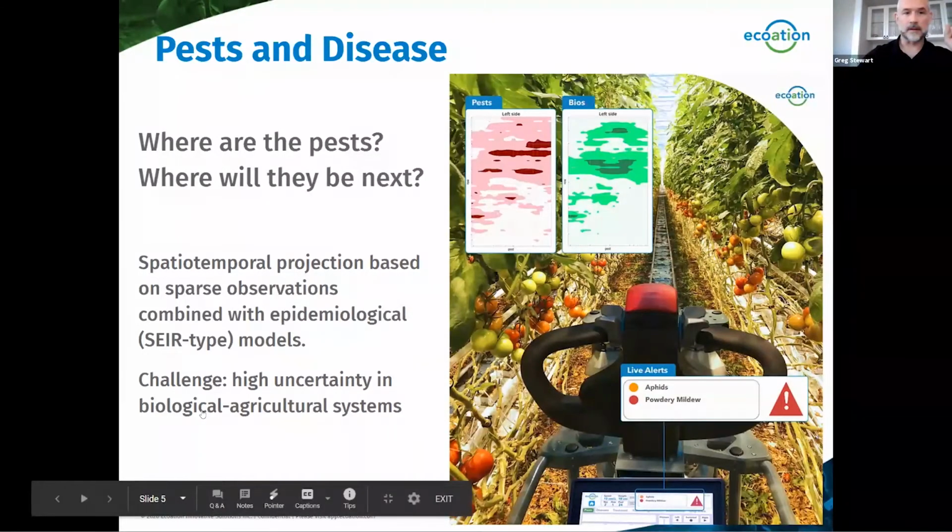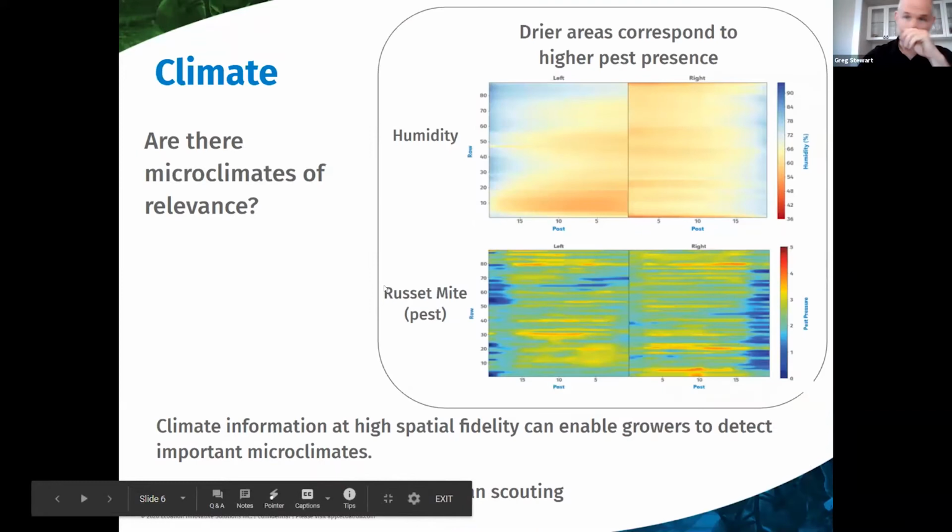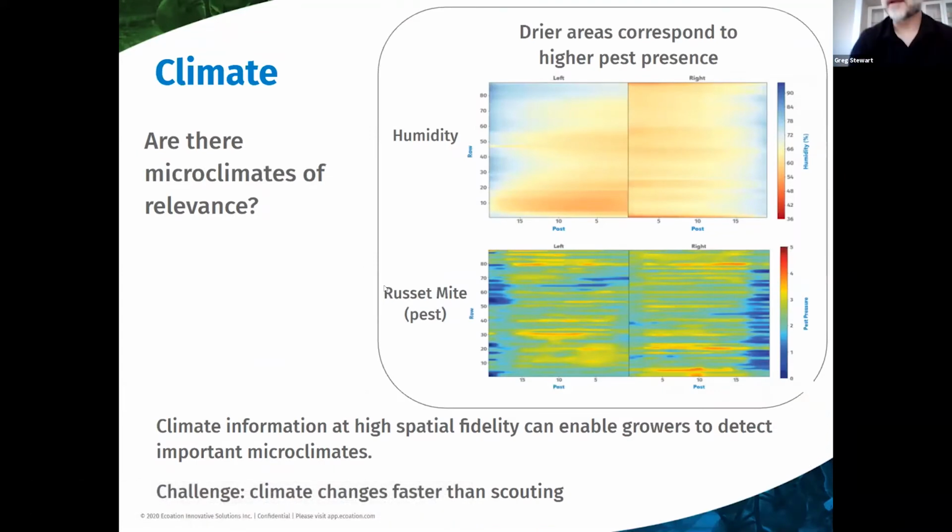Okay, next. When we talk about climate, this is the other thing. Now, usually in a greenhouse, you'll get a climate sensor. These are climate controlled environments. In fact, that's why you have a greenhouse instead of being outdoors. But they'll have one climate sensor which measures CO2, temperature, humidity, usually every few acres in the greenhouse.